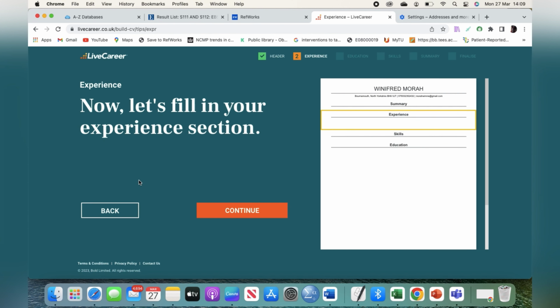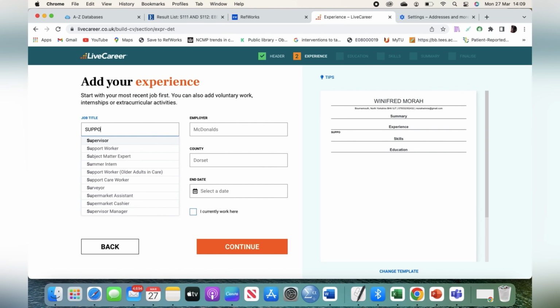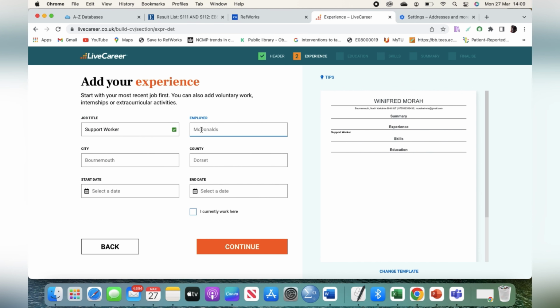Now we have to fill in our experience section. So you just click continue. This is where it gets easy. The job title, just type in whatever job title you're looking at. Remember, we are looking at care assistant or support worker. So I'm going to click on support worker, put your employer's name, put in the other details like your city,